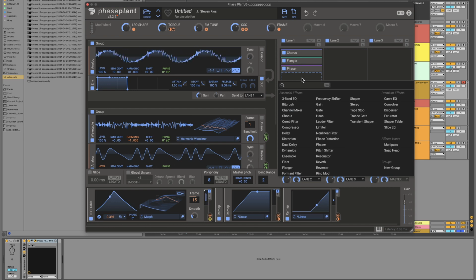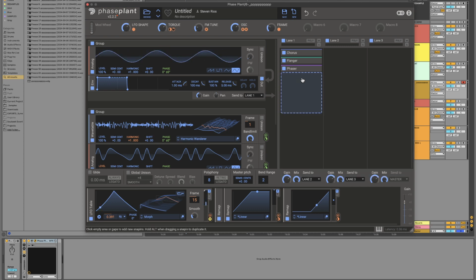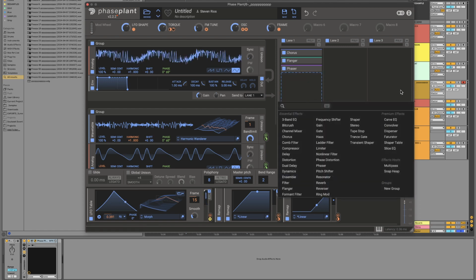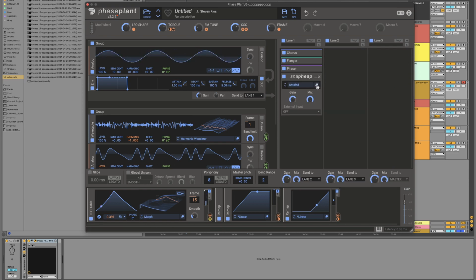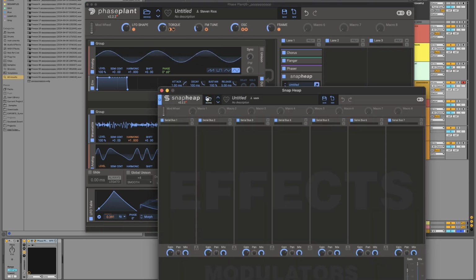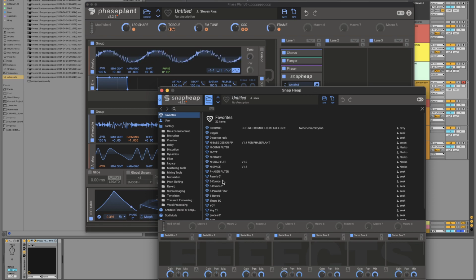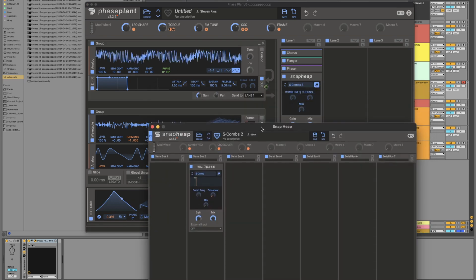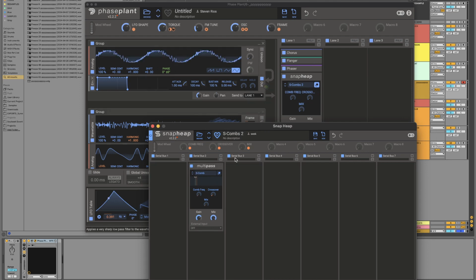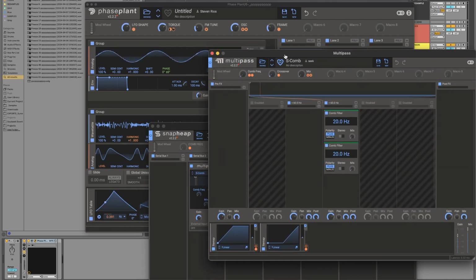So I notice in Phaseplant you can get really interesting textures by stacking loads of effects. You can do this with Snap Heap or Multipass. I think I have some Snap Heap racks here. Maybe I'll just show you some default ones I have. So for bass music and dubstep, I've been really into comb filtering lately. So I have this comb filter rack that,